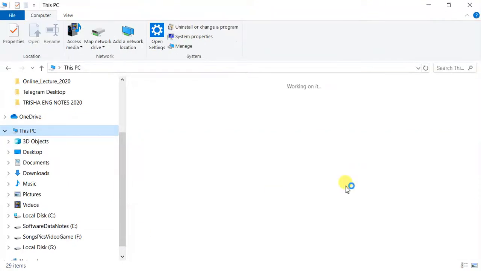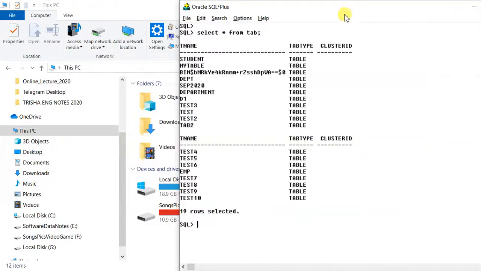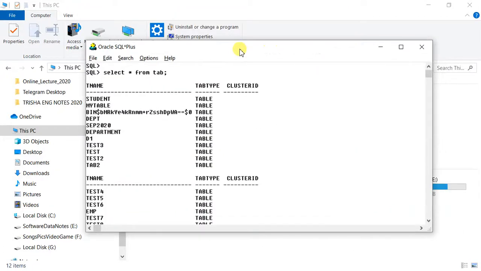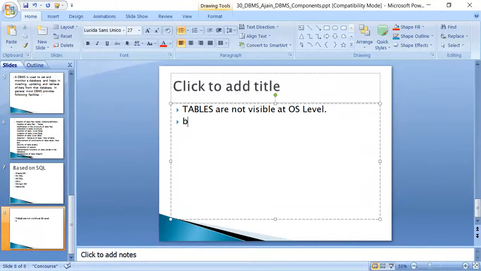Oracle has stored them in such a secured way that you cannot go to some directory, copy those tables and take them on a pen drive. But you must understand that ultimately they are stored somewhere.